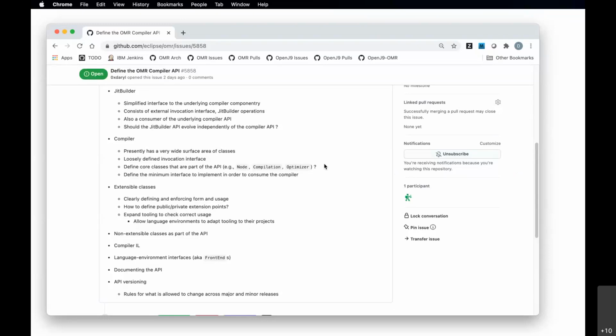One thought on that maybe is just that having anything that is exposed as part of the API as an extensible class, despite whatever complexity there is to understanding extensible classes at the outset for a new consumer of the project, once a project is integrating with the project by using extensible classes as its entry point, its interface to OMR, having all of those interface points be extensible may actually be something of a benefit because it makes the interface consistent.